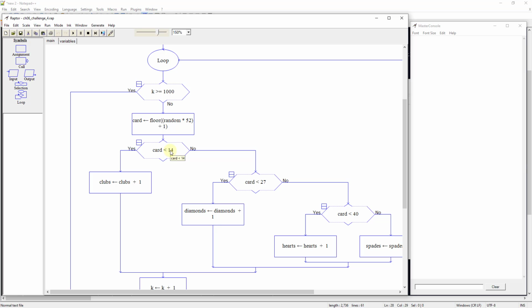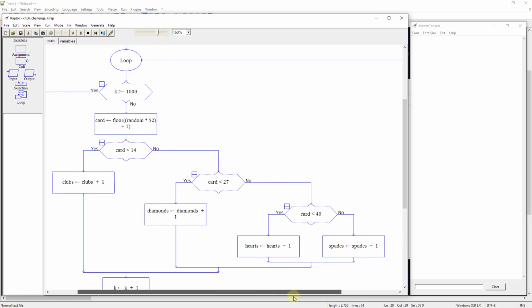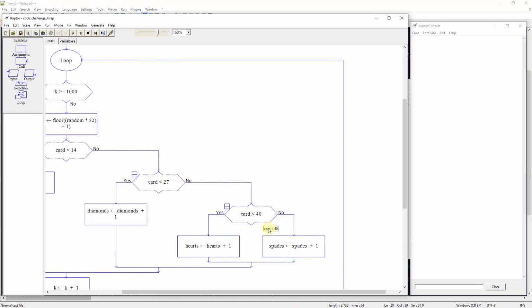If it was 14 to 26, it's going to be a diamond, and it's going to add it in there. So it's going to come down here and say, is the card less than 27? If it is, then add to the diamonds. If the card number is 27 to 39, because we're checking to see is the card less than 40, then add it to the hearts.